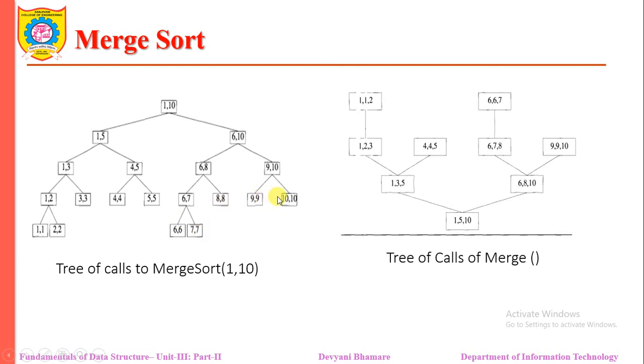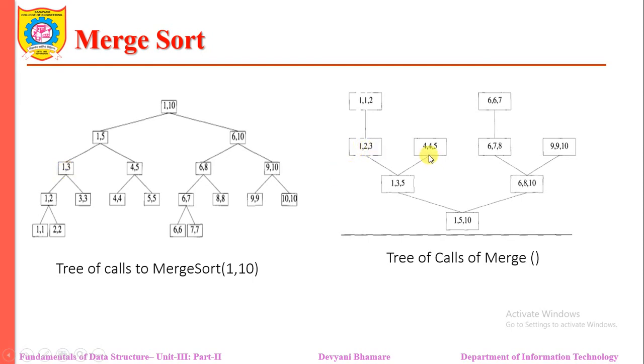After that, we are trying to merge them. So we are getting this 1 1 and 1 2 elements. Then in this case here 6th and 7th elements are there. Then here the first, second and third elements are going to be merged. That means 1 2 3, so here 1, 2 and third.